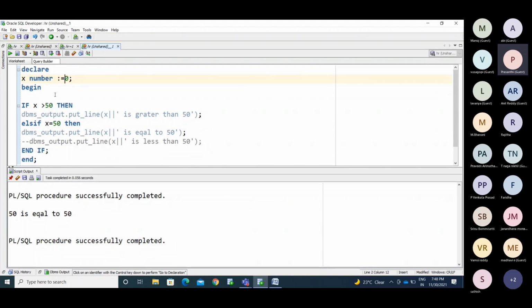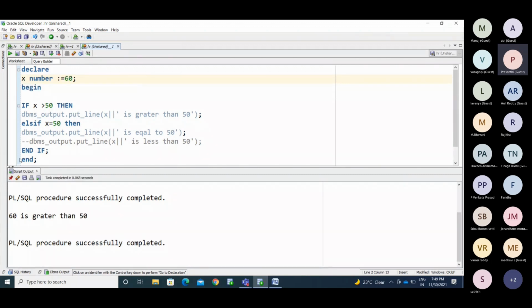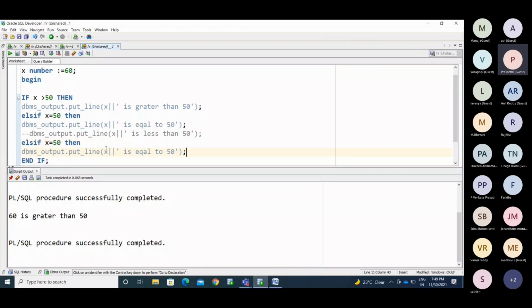If I use greater than that, 60 is greater than 50. Observe. So you can use else if like this, 50.